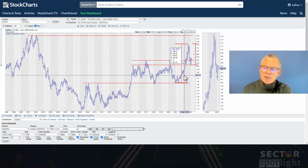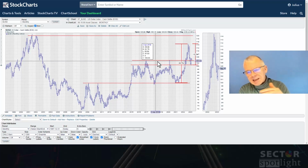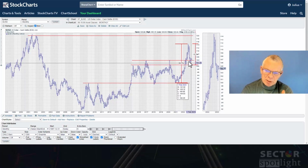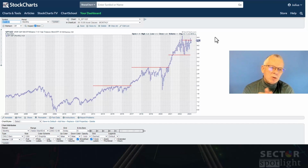And so, if you have a breakout level, you rally, you got a 50% decline, you end in the former resistance zone, which is now acting as support, I think we can make a bullish case for the US dollar going forward. And then finally, I want to wrap up this segment here with a look at the stock bond